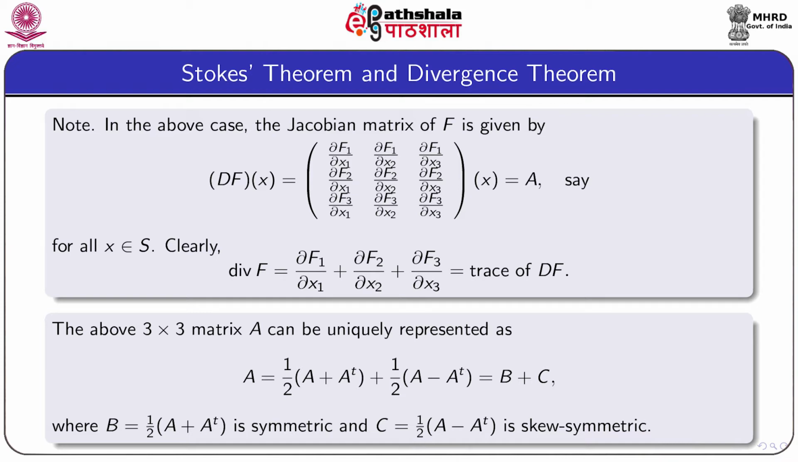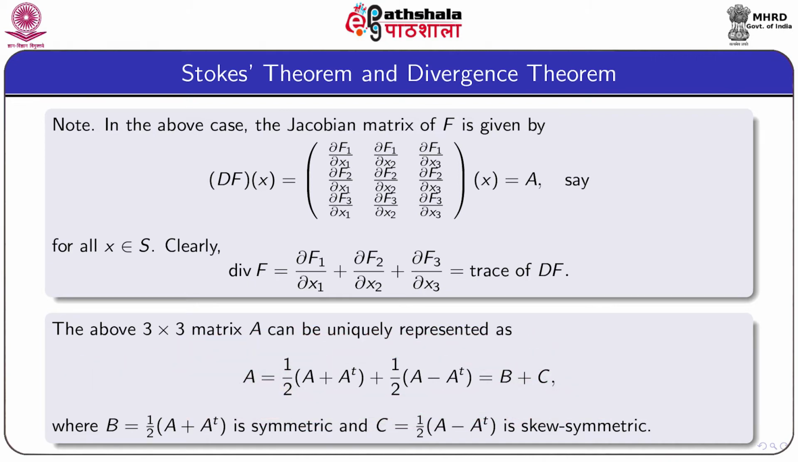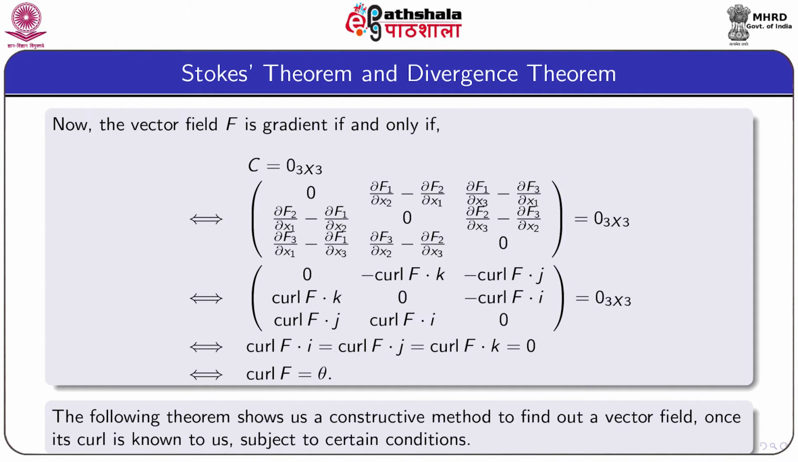In case F is gradient, the above 3 by 3 matrix A can be uniquely represented as A = ½(A + Aᵀ) + ½(A − Aᵀ) = B + C, where B = ½(A + Aᵀ), which is symmetric, and C = ½(A − Aᵀ), which is skew-symmetric in nature. Now, the vector field F is gradient if and only if C equals the zero matrix of order 3 by 3. This holds if and only if